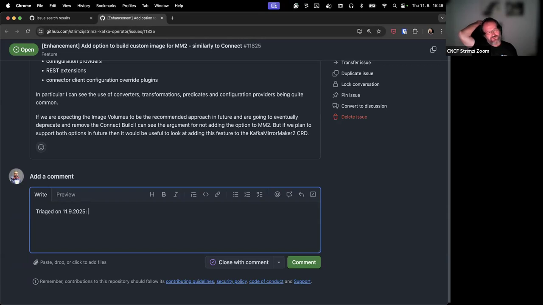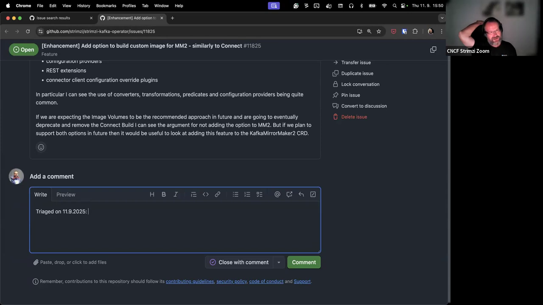The image volumes for me kind of couple both of these advantages. You can pre-build the image. You can just kind of have it updated as the base image updates and so on. So that's why I see that as the future for the long term. That said, as I said, I don't see plugins as something that Kafka Mirror Maker 2 should use.